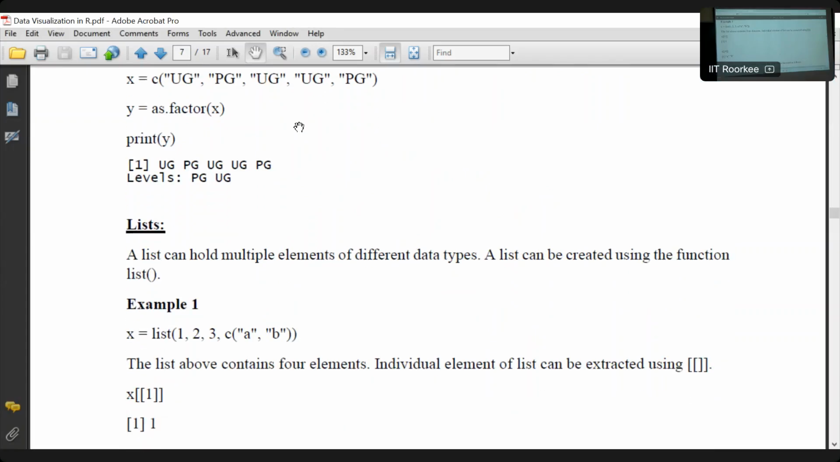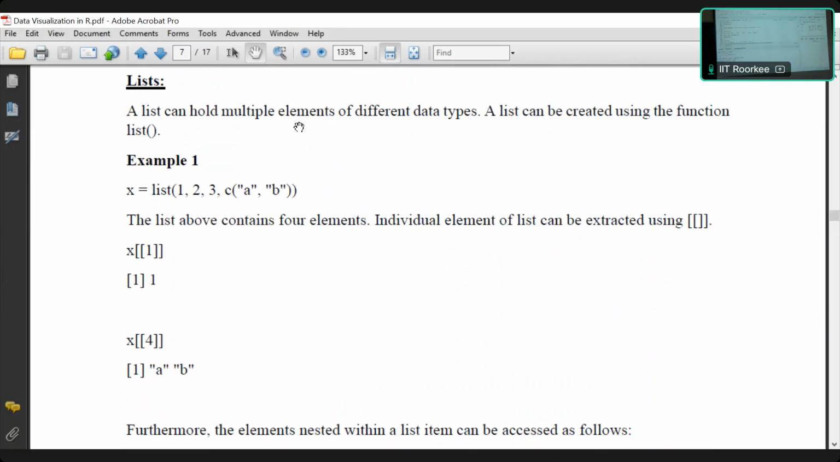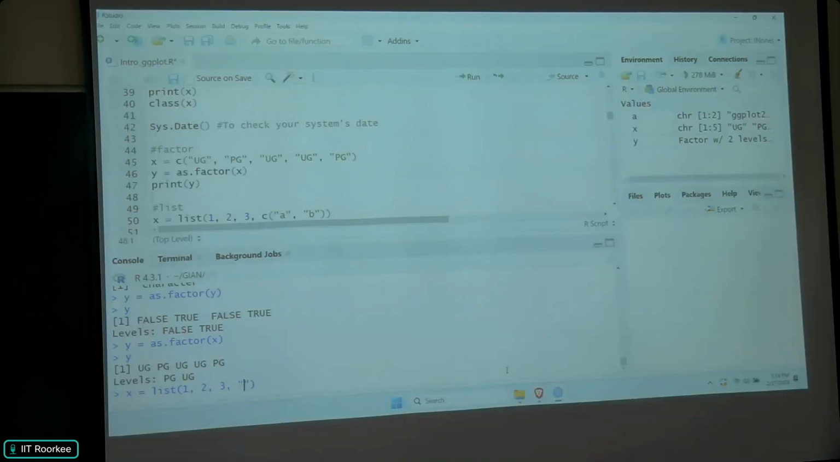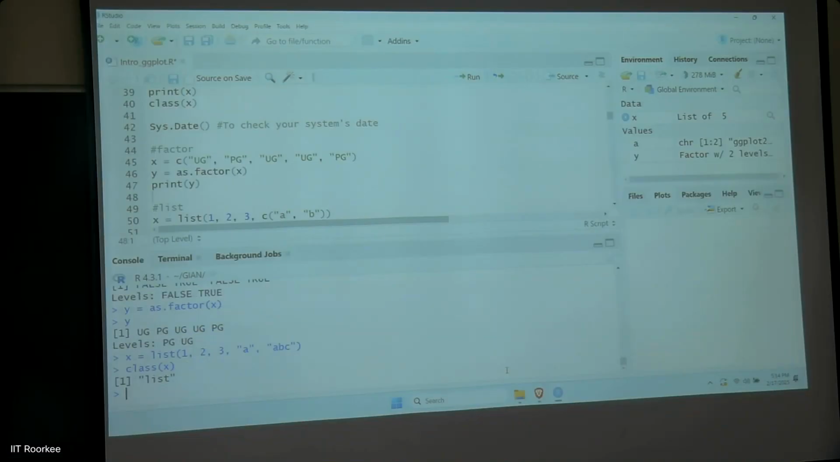So to define a list, we can just use this function list, and inside it we can give any numbers, anything, and we can even mix and match the classes. A list doesn't need to have the same variables. So it is a list, and to be able to access a particular element of the list, we will use